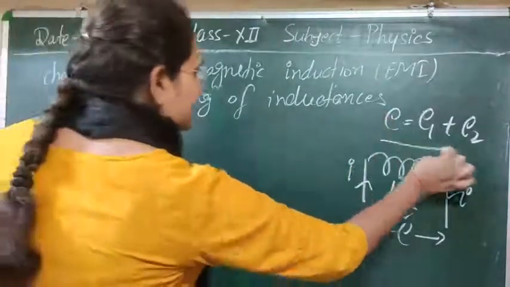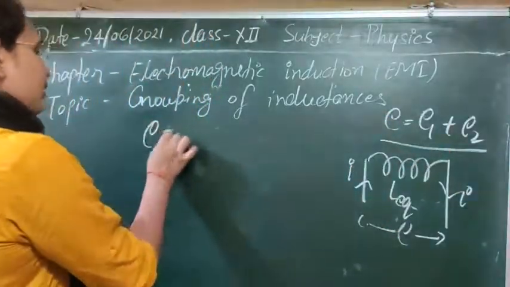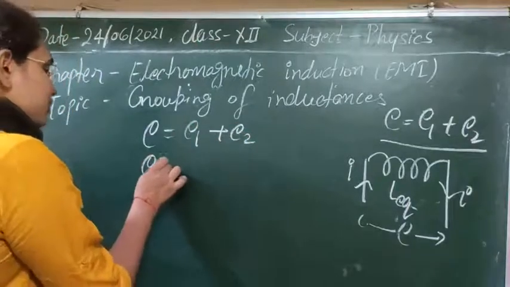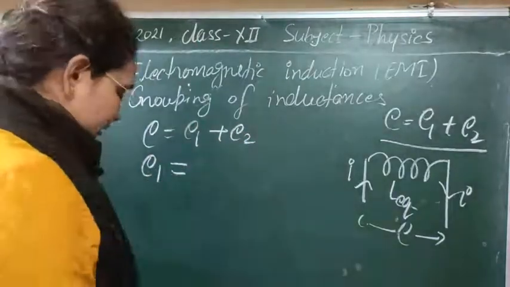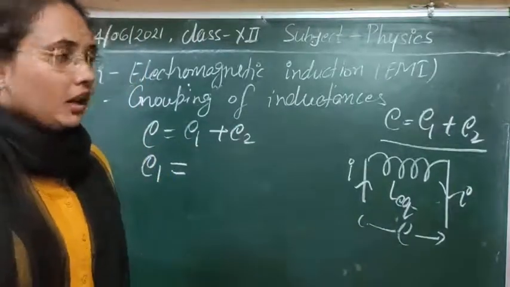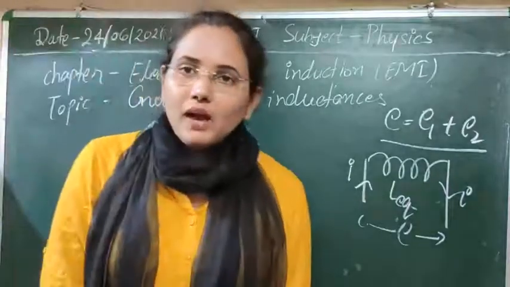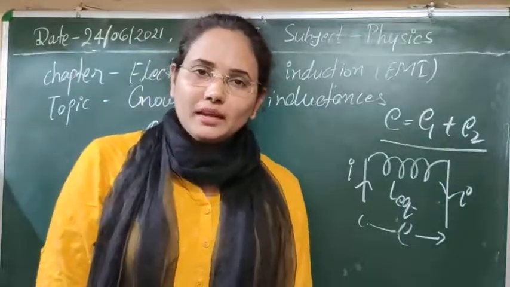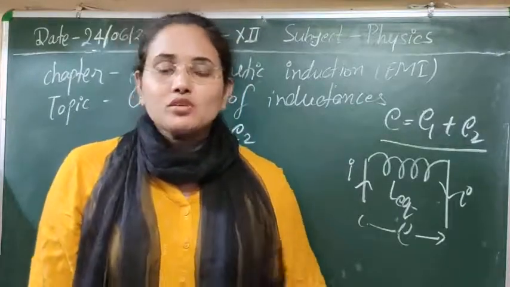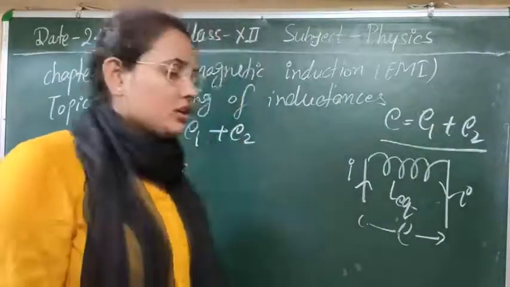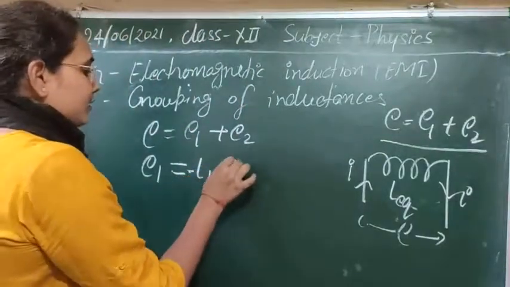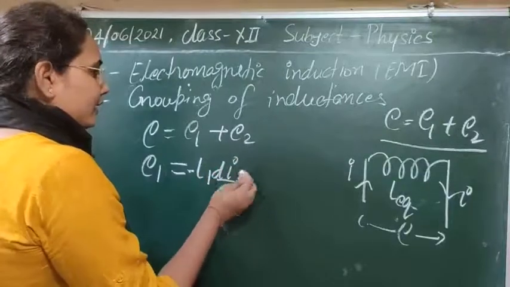So we will utilize this concept here. According to it, we have E1 plus E2. Now by using Faraday's concept, you know that E1 is the induced EMF in the first coil. If current I starts to flow in the first coil, induced EMF will be generated because some change in flux will occur. So we get the L1 property. The induced EMF due to self inductance is given by minus L di by dt if current I is flowing here.